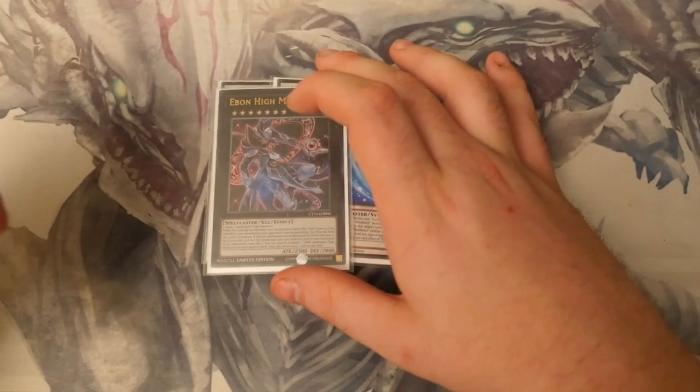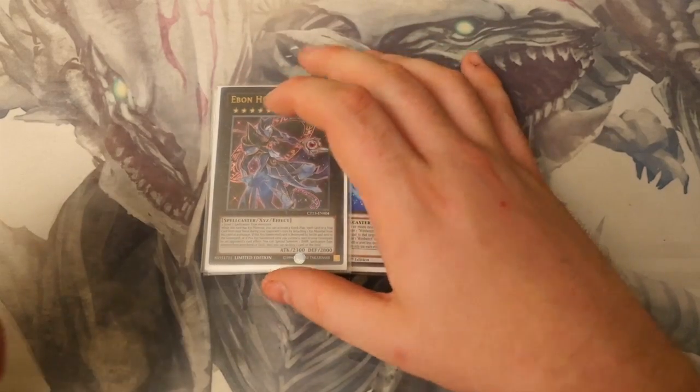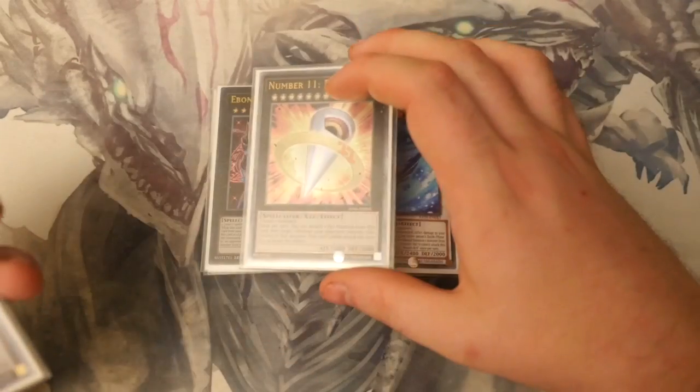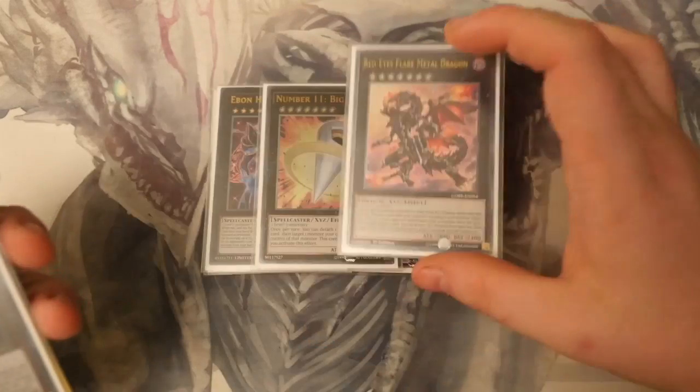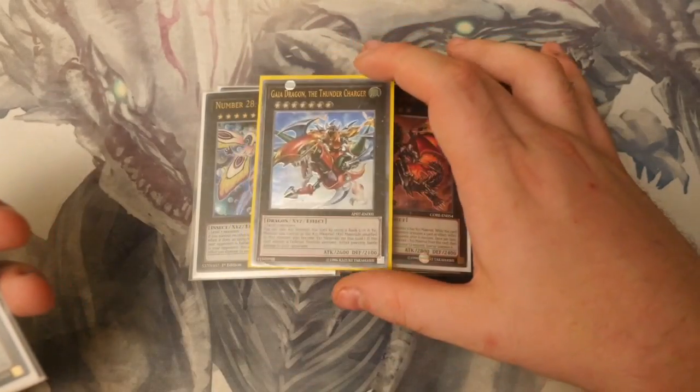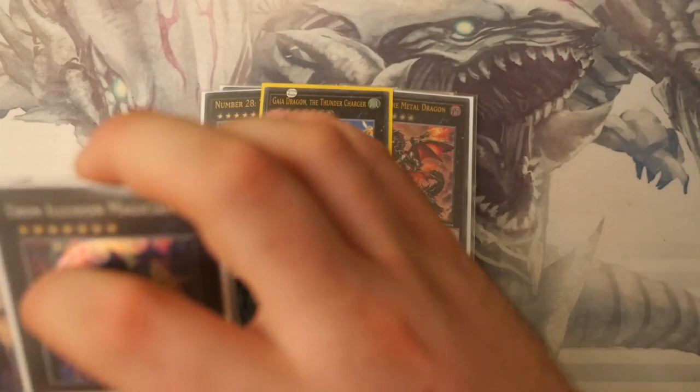Then we play the 1 Ibon High Magician. You never really go into this guy, but he's just there for the worst case scenarios because one day he will be insanely good, I hope. Number 11 Big Eye, Red Eyes Flare Metal Dragon, Titanic Moth, Gaia the Thunder Charger, and then we go into